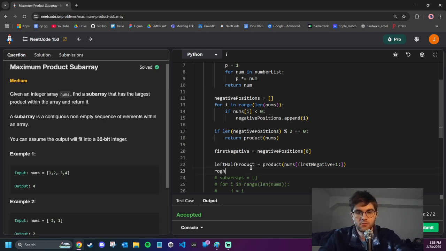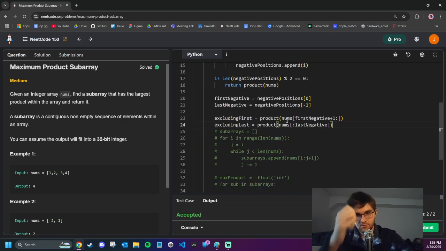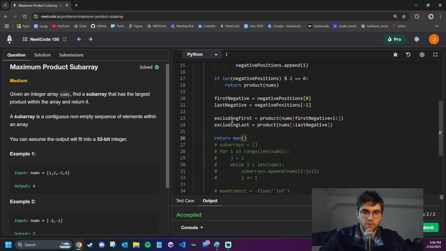And then, well, I guess this would be the right half product. So excluding first, and this will be excluding last equals product of nums of, we'll just say last negative, so up until the last negative like that,